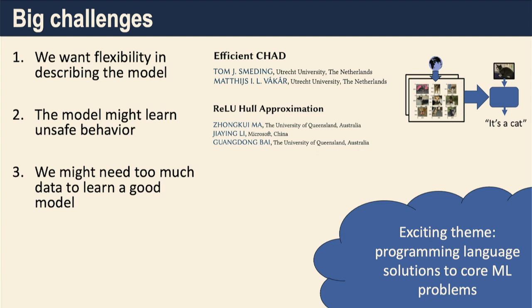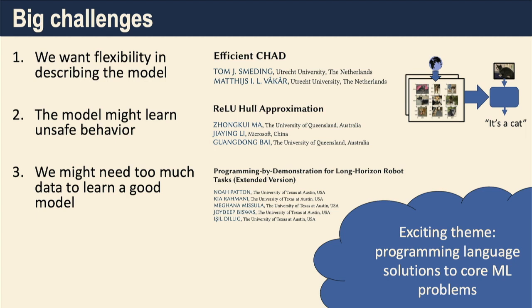So how do we give it even more structure? How do we give it an even stronger, what you would call an inductive bias, to figure out what it should be learning, right? And that's where this cool paper, Programming by Demonstration for Long Horizon Robot Tasks, comes in. They're going to use programming languages, do program synthesis to figure out what the model ought to be, and then combine that with a refinement loop with the language model. It's a very interesting paper.